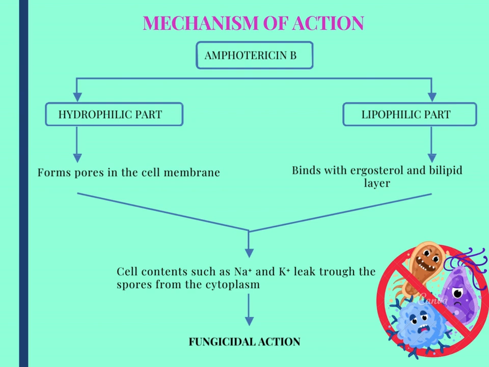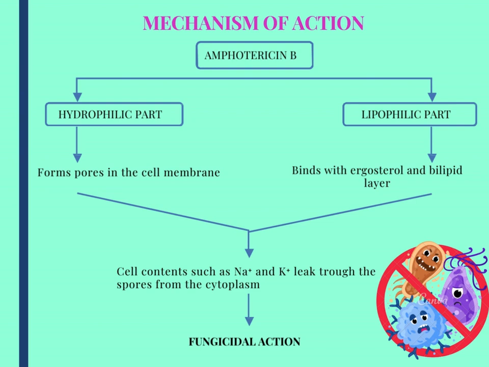Loss of intracellular contents. The increased permeability allows leakage of essential intracellular components, including ions and other molecules, from the fungal cell. This disturbance in the internal balance of the cell is detrimental to its survival. Cell death. The cumulative effect of membrane disruption and loss of intracellular contents ultimately leads to cell death in the fungal organism. It's important to note that while amphotericin B is highly effective against a broad spectrum of fungal pathogens,